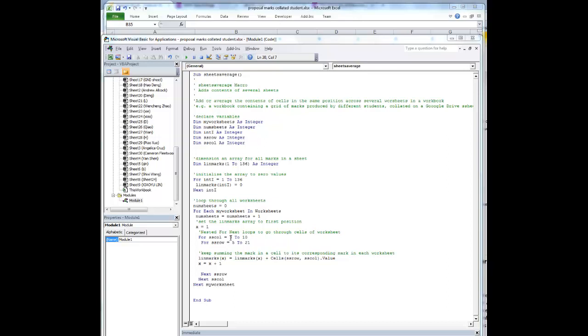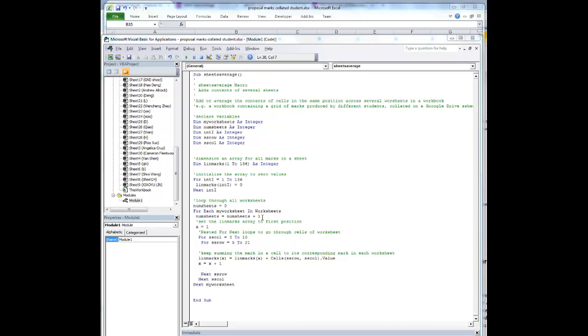and the next column going from columns 3 to 10, so it'll go to column 4, and in column 4 it'll read through all the rows again, and then it'll go to column 5. So it's going to circulate all through the marks in the grids, adding them into our linear variable linmarks. So that'll be 136 numbers that are read in. Then it's going to go to next myworksheet. So we go to next myworksheet, it's back up to here. So next myworksheet here